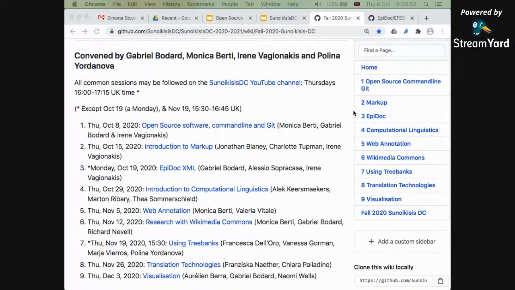So weeks 1 and 6 and 9 are the collaborative tools and visualization strand. Weeks 2 and 3 and 5 are the text encoding and annotation strand. And weeks 4 and 7 and 8 are the linguistics strand. So there'll be a range of technologies there.